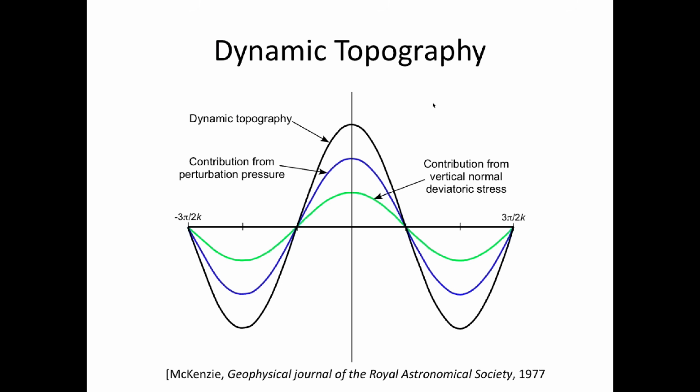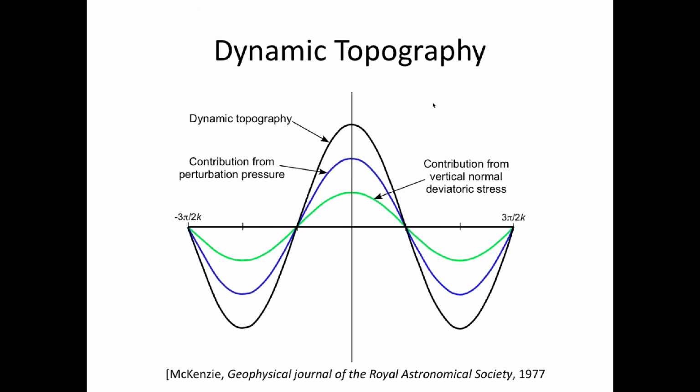But now we can also calculate the topography, and not only that, we can calculate the topography due to different parts. The topography due to the deviatoric stress, this is the gradient in the strain rate times twice the viscosity, gives this yellow-green line. That due to the pressure, there's a difference in pressure because of the flow. You know, a baseball curves because you have dynamic pressure. It's not quite the same, but it's similar to that. And you sum them, you get that number.